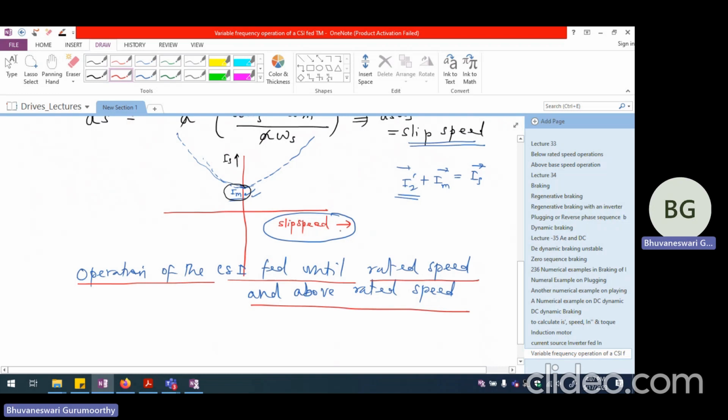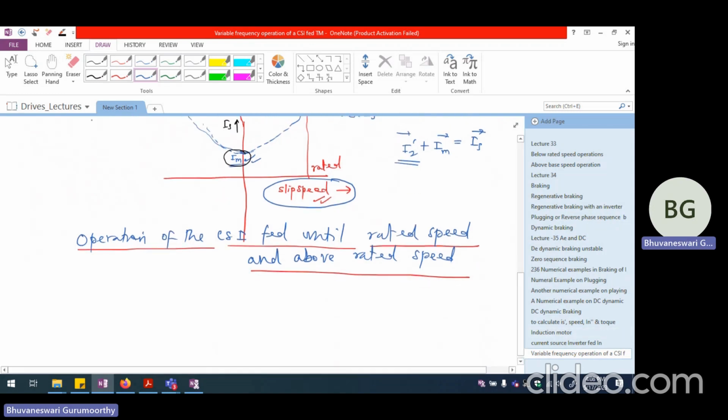clearly, the slip speed will also be the rated slip speed. So if this is the rated slip speed, then as far as the current source inverter is concerned, we would have reached the rated value of IS. So this will be rated IS. We cannot allow the motor to go beyond rated IS, and at rated IS and rated frequency or rated speed, the machine would also have reached rated value of voltage, because if you look at the overall